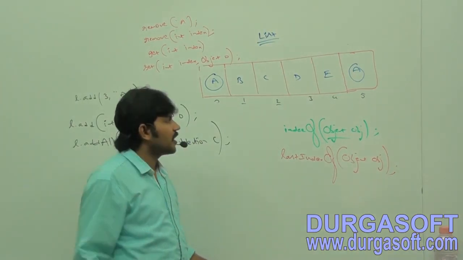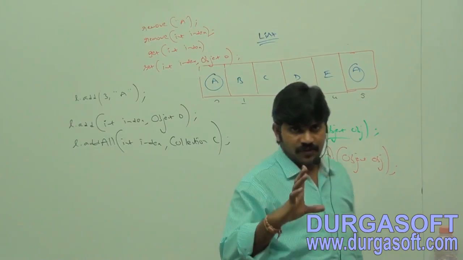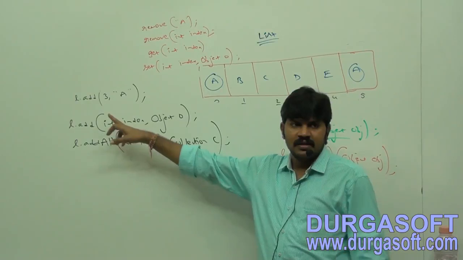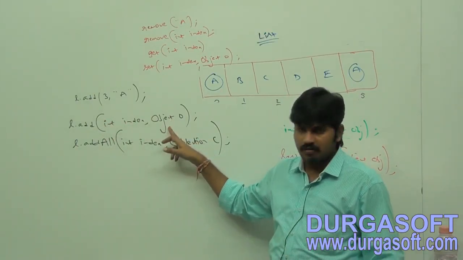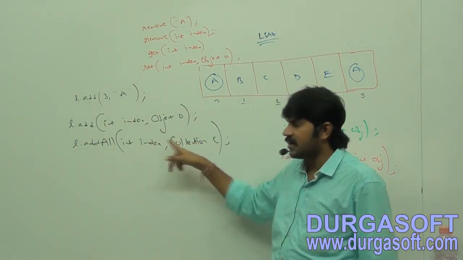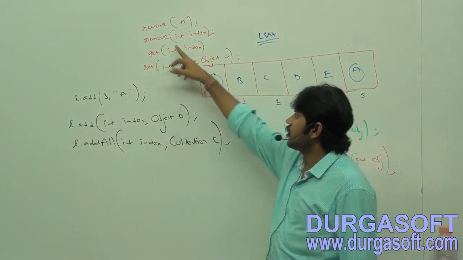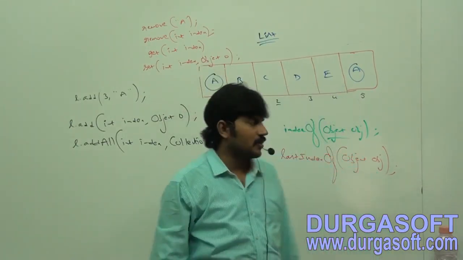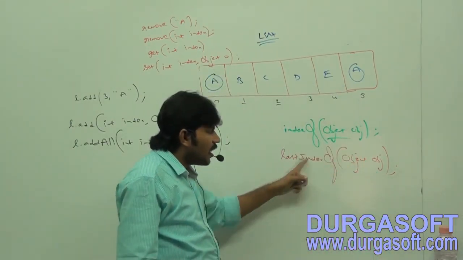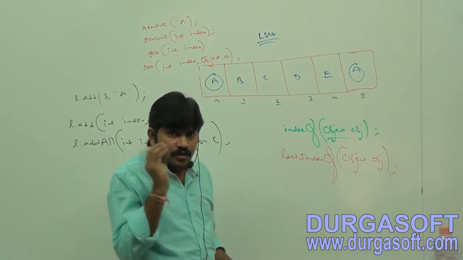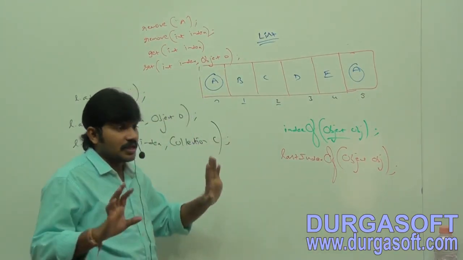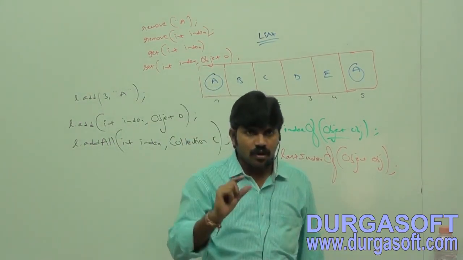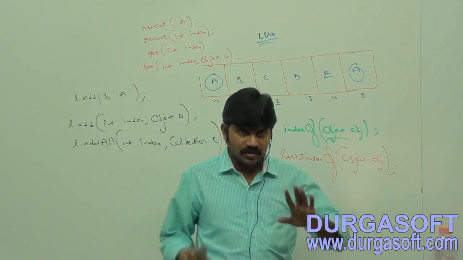These are various important methods present in the List interface. Every list-specific method always talks about what? Index. l.add(int index, Object o), l.addAll(int index, Collection c), next remove(int index), get(int index), set(int index, Object o), indexOf, and lastIndexOf. Are you able to understand it? Everything we have to talk about with respect to index only, right? So in List, one word plays a very important role. What is that word? Index. Clear for all of you, right?